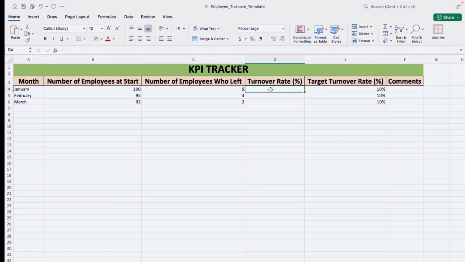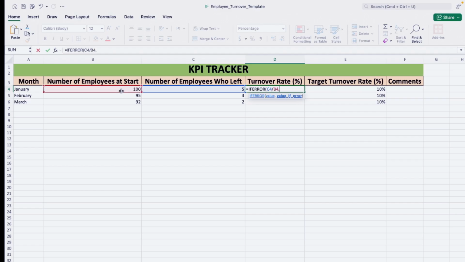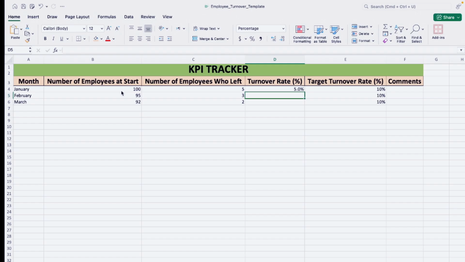So to find out the percentage to track your key performance indicator, how much we reduce in every month, we use the formula IFERROR, and then the number of employees who left divided by the number of employees at the start of the month, and then comma 0. It shows 5%.